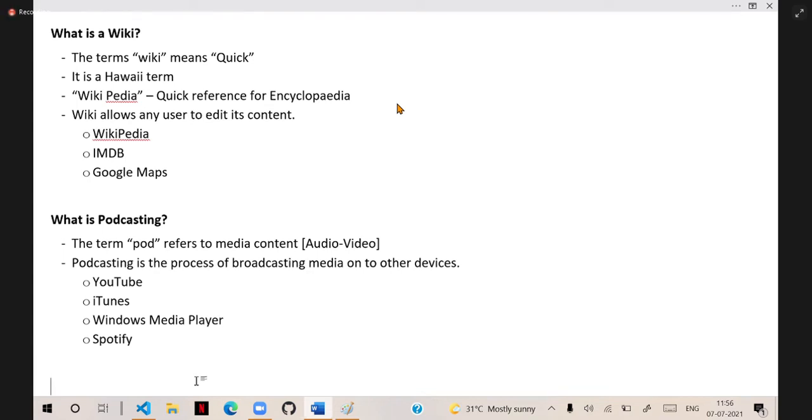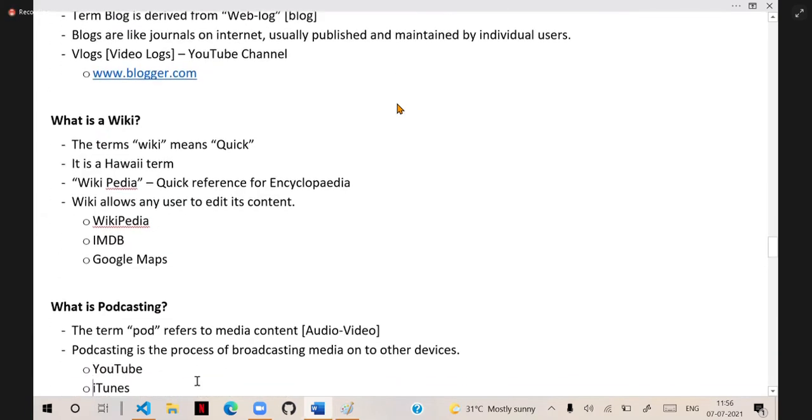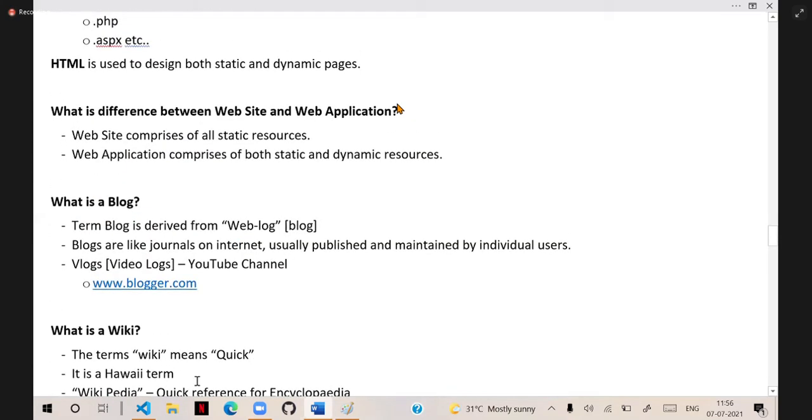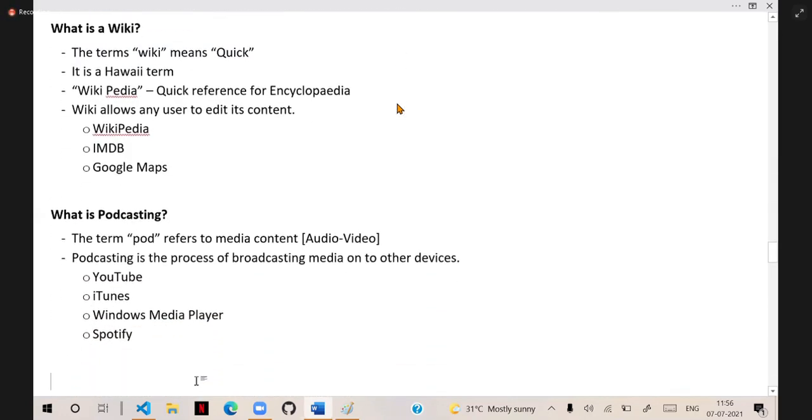Configuring, creating, and working with applications on the web requires knowledge of all this. I hope you are clear in understanding website, web application, blog, wiki, and podcasting. Are you clear? You understood the differences between them? Everyone, right?